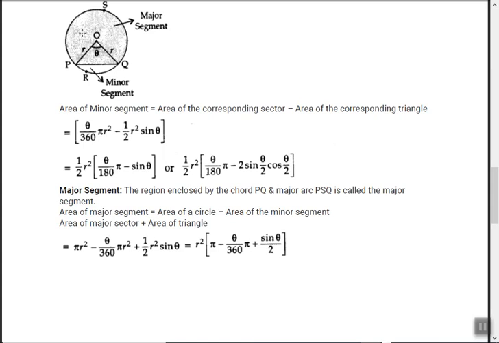What is the area of this major segment now, this darkened portion? How to find this? It is the area of the circle minus the area of this minor sector, or segment you can call it, that's also okay. The best way is sector only. So the area of the full circle O minus the area of this sector OPRQ, this full sector including this. So what is that? Theta upon 360 into pi r square. The area of the circle is pi r square.